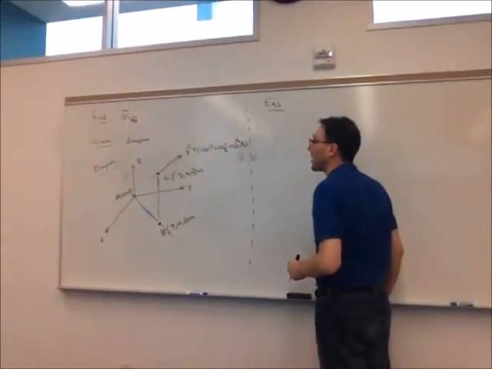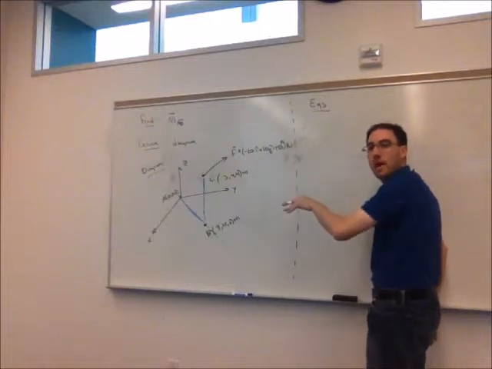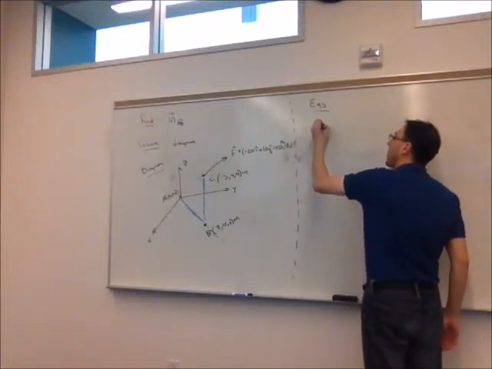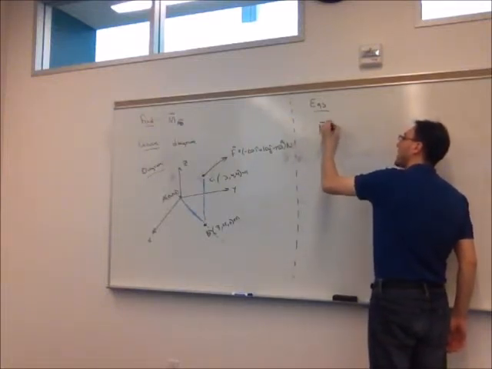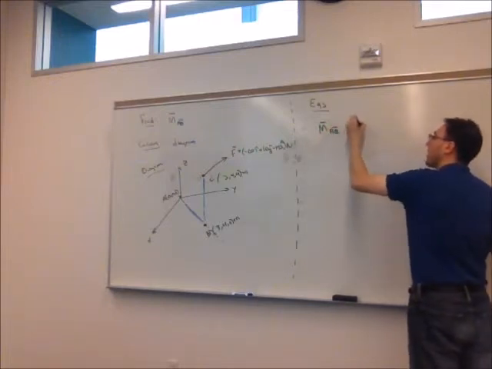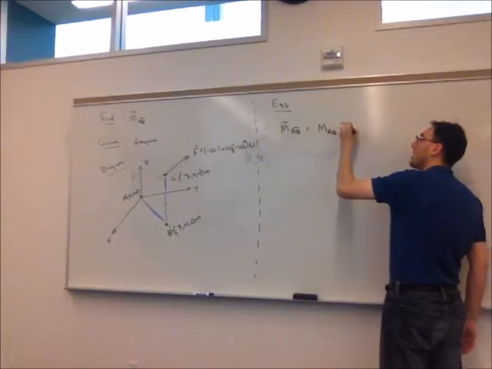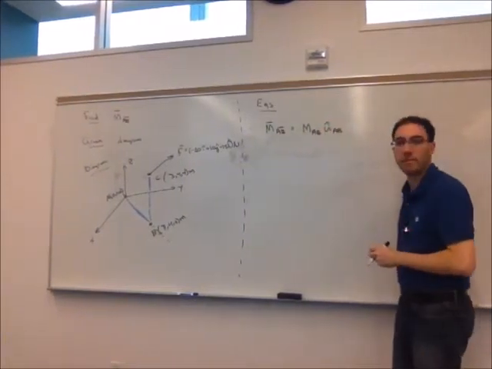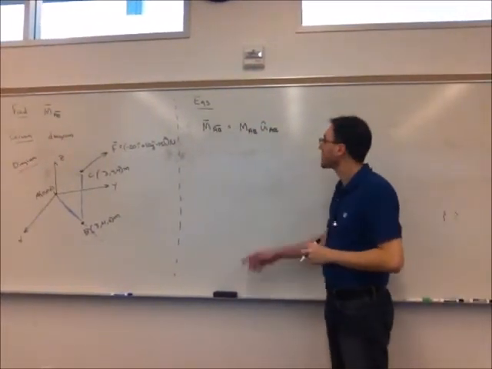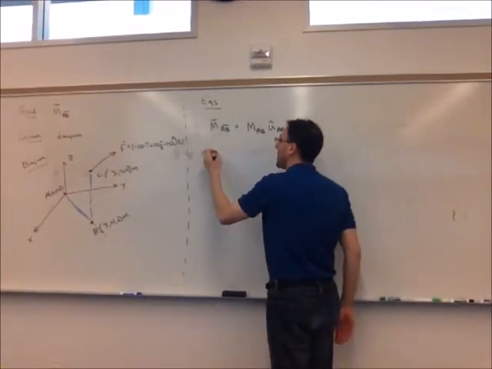So we can go to our equation step. Again, we can start at the end and work our way forward. Ultimately, we need the moment around axis AB as a vector, which means we're going to need it first as a magnitude, and then we're going to multiply it by the direction from A to B, u hat AB. So to get M_AB,